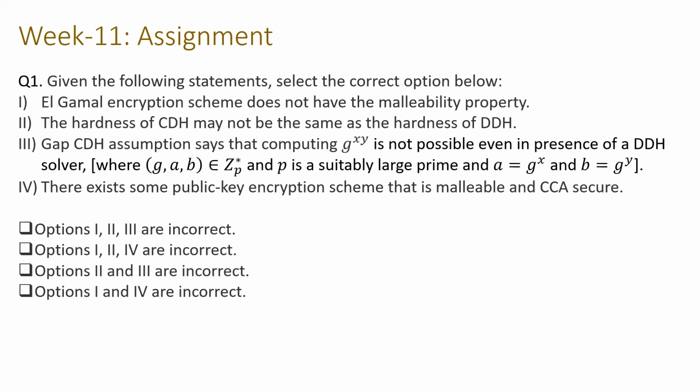So statement 3 is correct. Statement 4 says there exists some public key encryption scheme that is malleable and CCA secure. This is not true, because for any encryption scheme you consider which is malleable, to break its CCA security, what